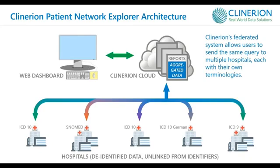The Patient Network Explorer, and that's what we call the platform, the architecture. So Clinerion's federated system allows users to send one query, and when I say a query is one question, I mean it could be clinical, but also real-world question, to multiple hospitals at the same time, each using their own terminologies and languages. So this already solves one of the